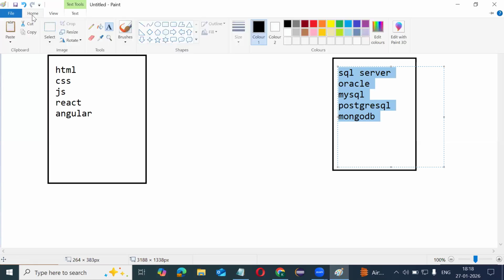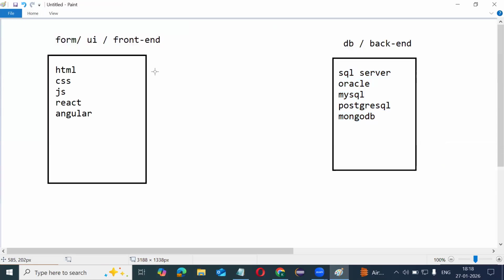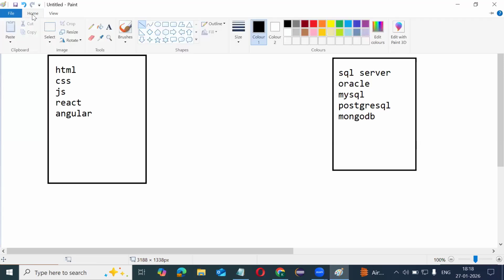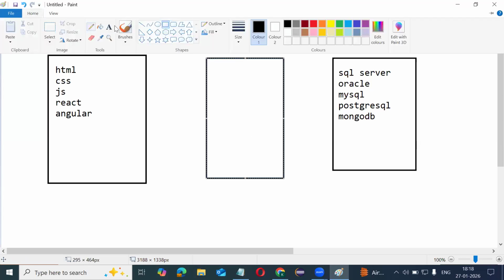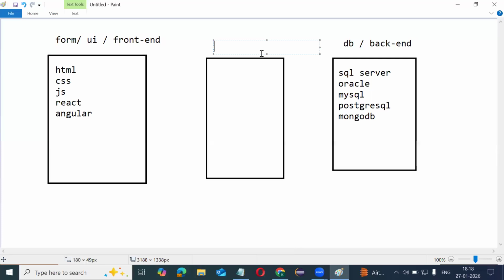Can you connect this HTML form to a database? No. An HTML form cannot be connected to a database. So you need one more thing between these two. What is this called? This is called